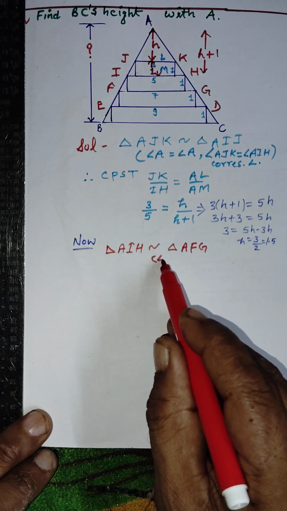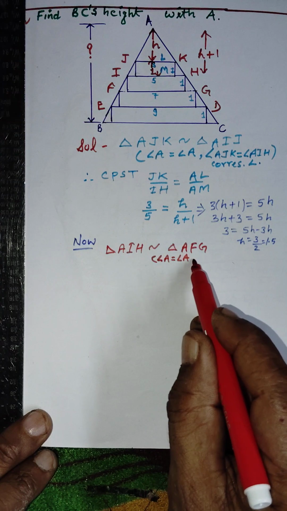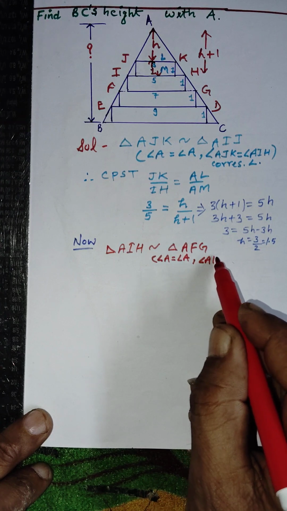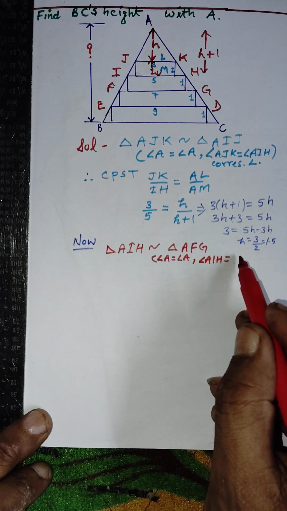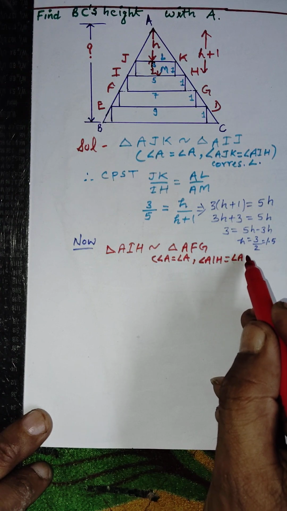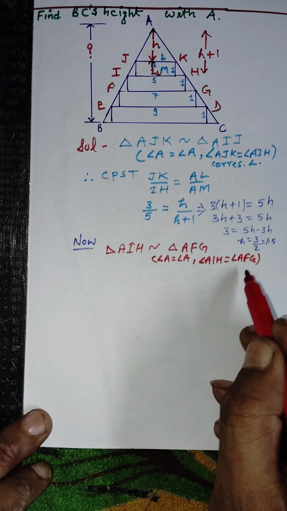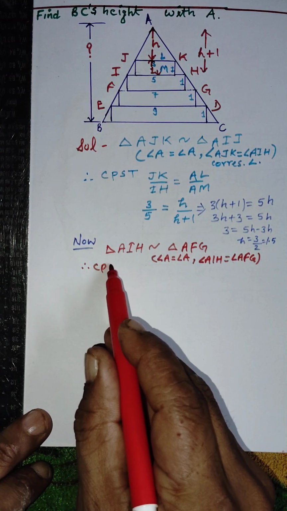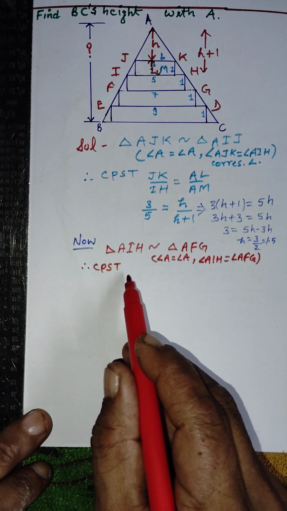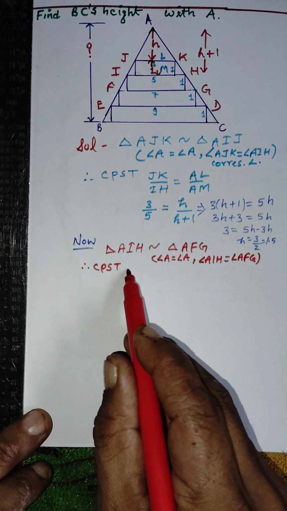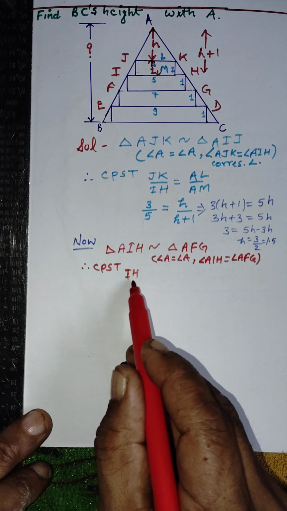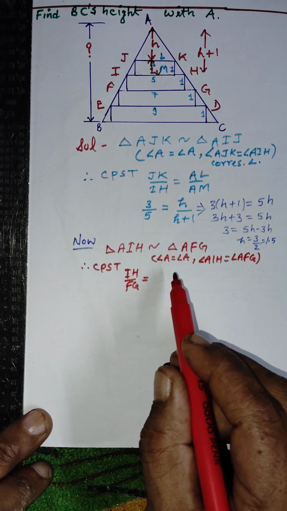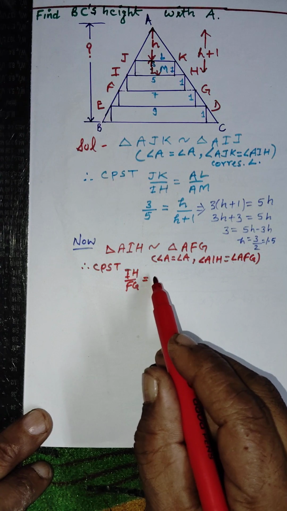Again angle A is common, and angle AIH is equal to angle AFG, corresponding angles. Therefore by CPST, we can say IH upon FG equals AM upon